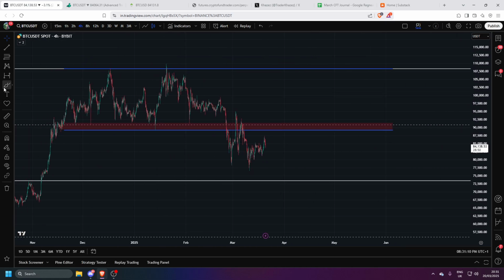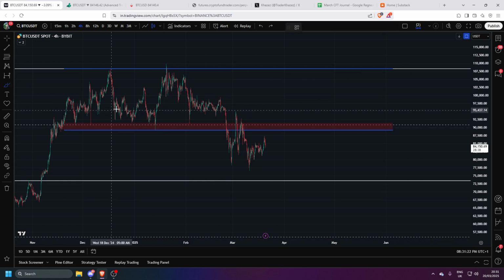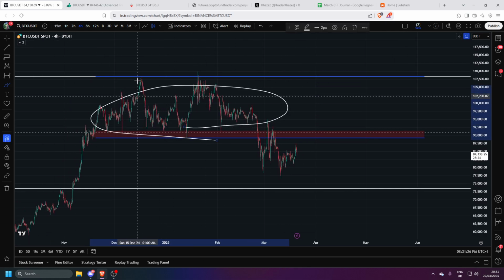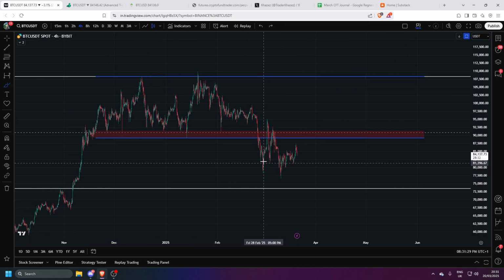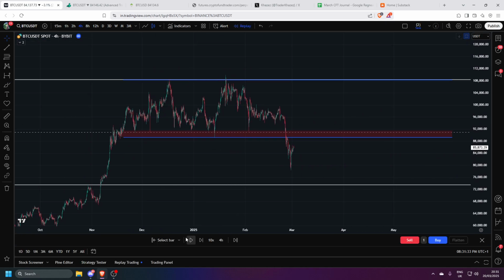So why do I like these levels? The reason I like these levels is because you have the quarterly, right? This dotted line is our quarterly mid level, right? So this level is 90.9k, and when you have a range, right? We've been in this local range here, but price has broken out of it, right? This right here was our potential possibility to create a deviation. We wanted to look for this, and on the pullback here, we wanted to hold, but